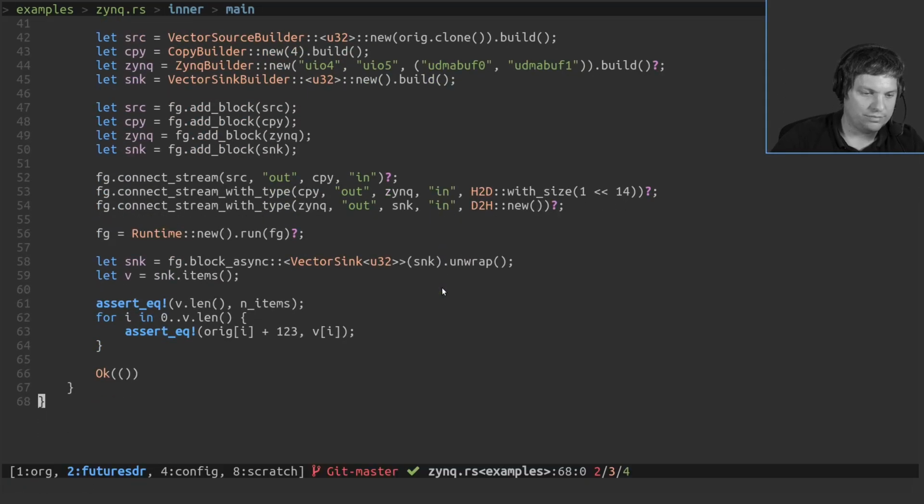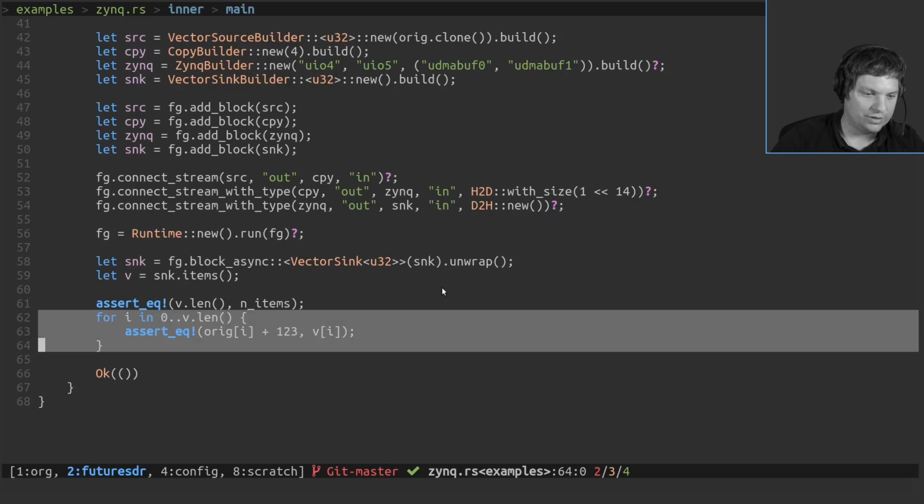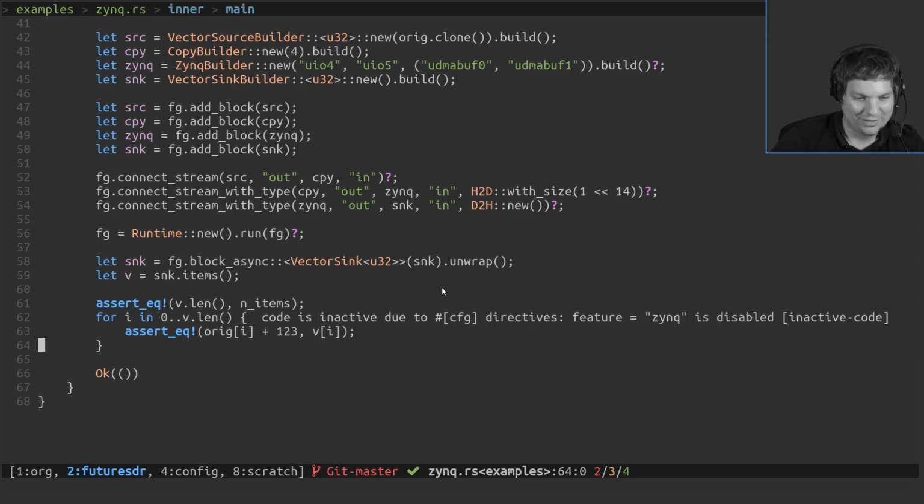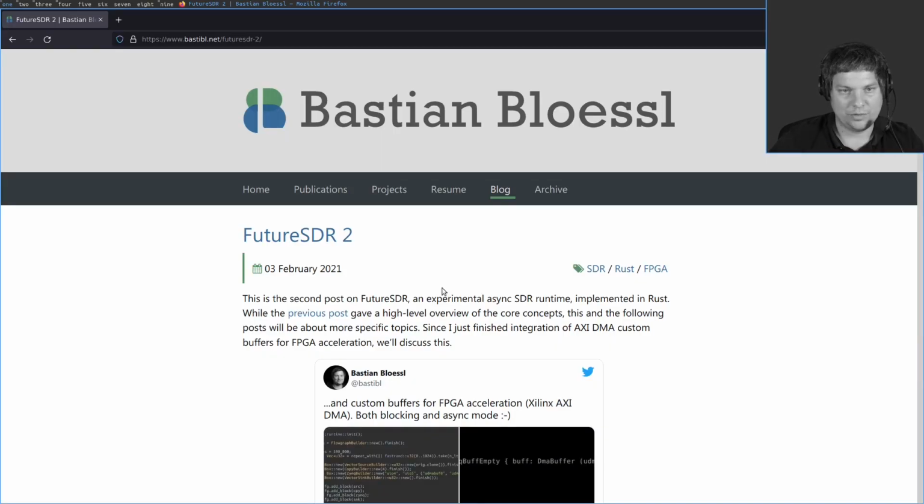And once we got the data back, we make sure that what I wanted done on the FPGA was actually applied. In this case, the IP block only adds 123 to a number because that matches my FPGA skills.